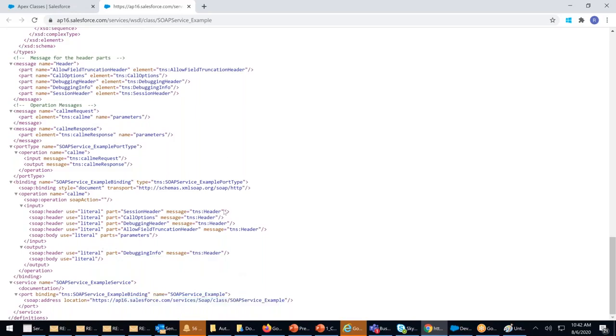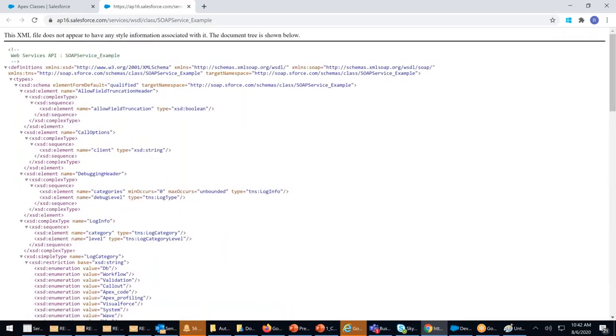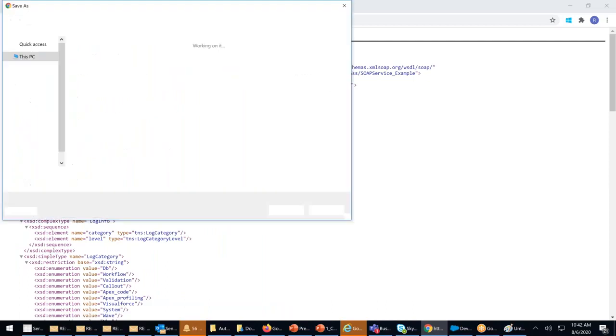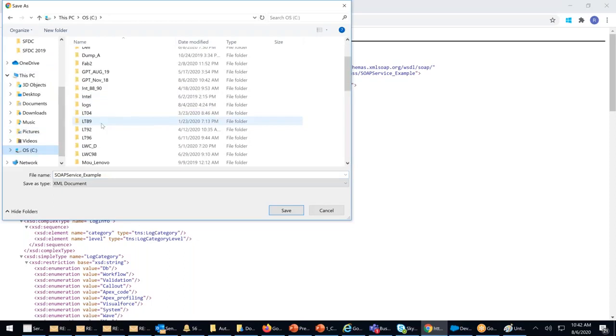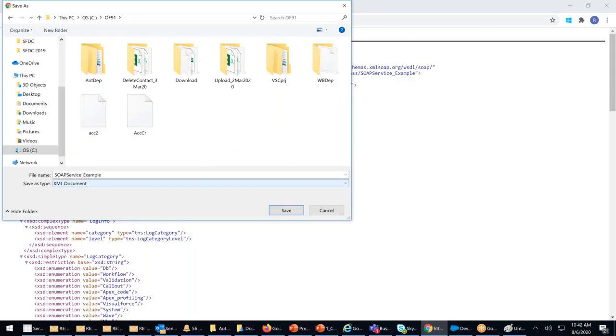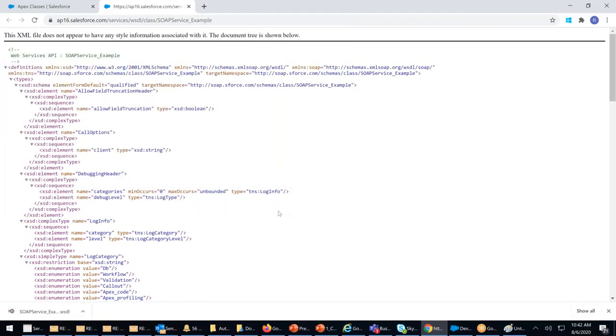SOAP service example. I can right click this file, click on save as. Where do you want me to save? C drive, in your OF91 folder I'm saving. SOAP service dot WSDL. Put dot WSDL. Save it. If somebody wants to integrate with me, somebody wants to create an account and wants a response, then